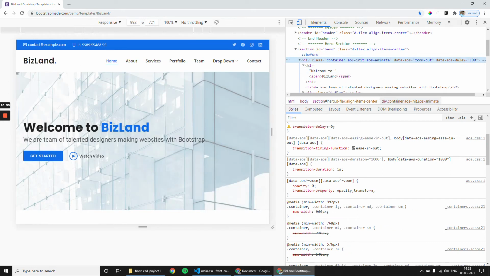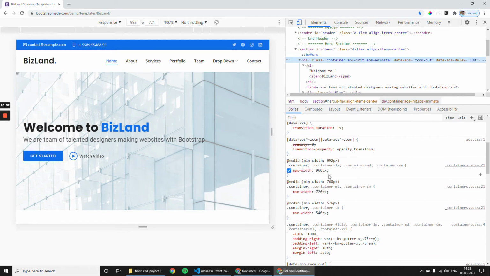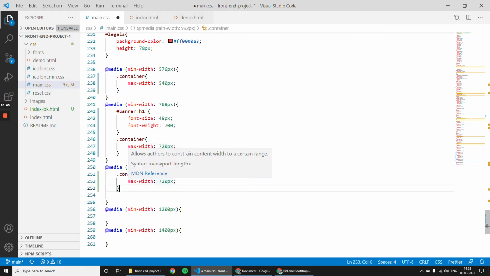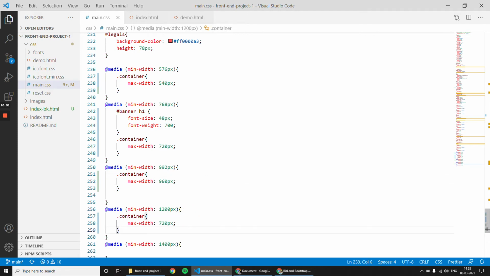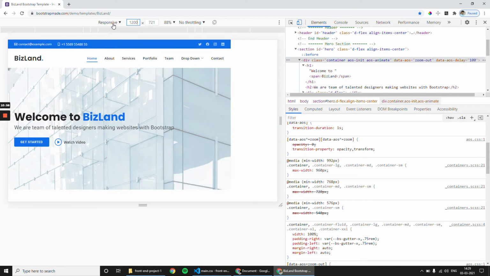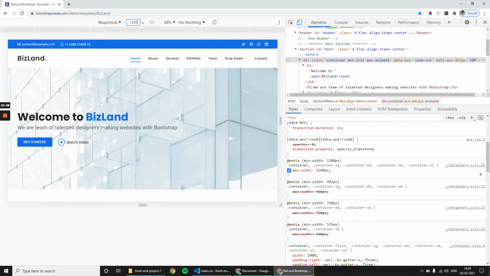So for container 992, see the container width is 960, so we have to apply 960 here. Likewise for 1200, there will be some container width, that is 1140.